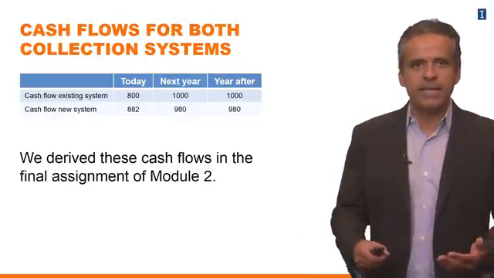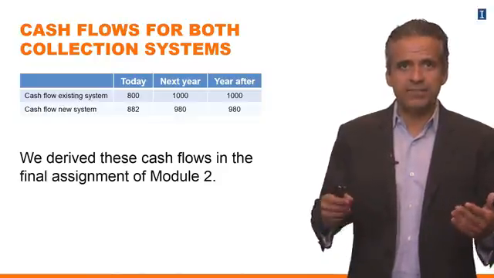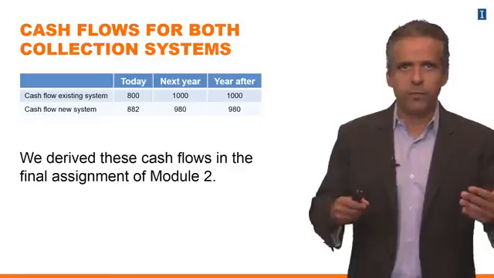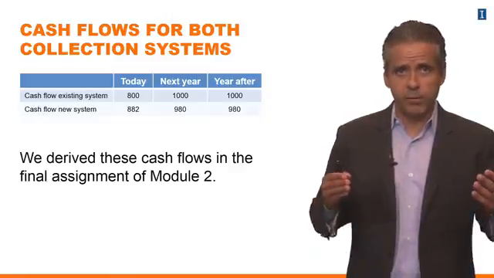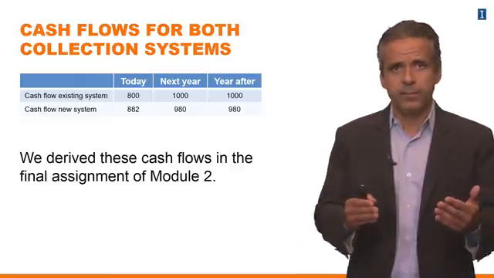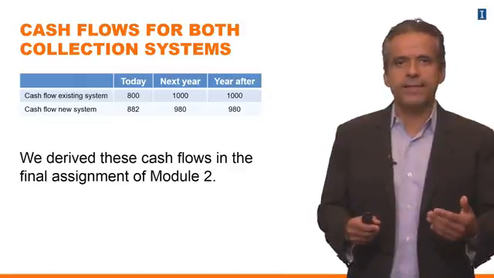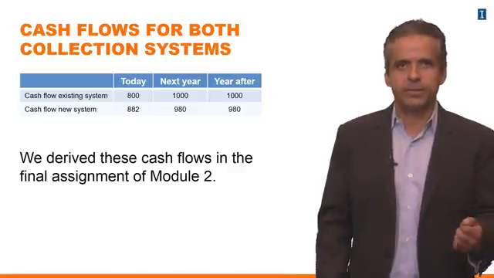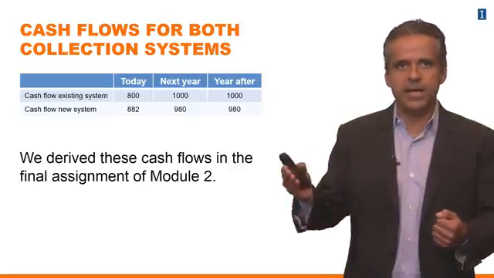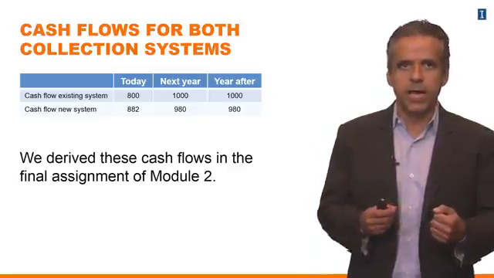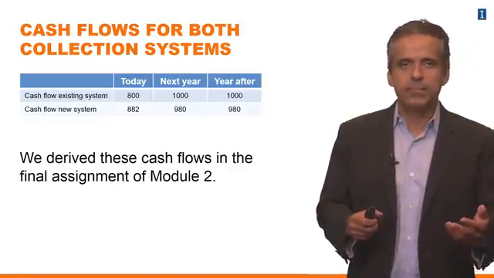And in the final assignment of Module 2, you worked with these numbers to derive these cash flows, the cash flows for both collection systems. So those are the values of cash flows that are coming in the firm in both cases. So in the existing system, you get 800 today. It's 80% of sales, and then you get the full amount next year and the year after, which is 1 billion. If you move to the new system, you're going to get 882 today,